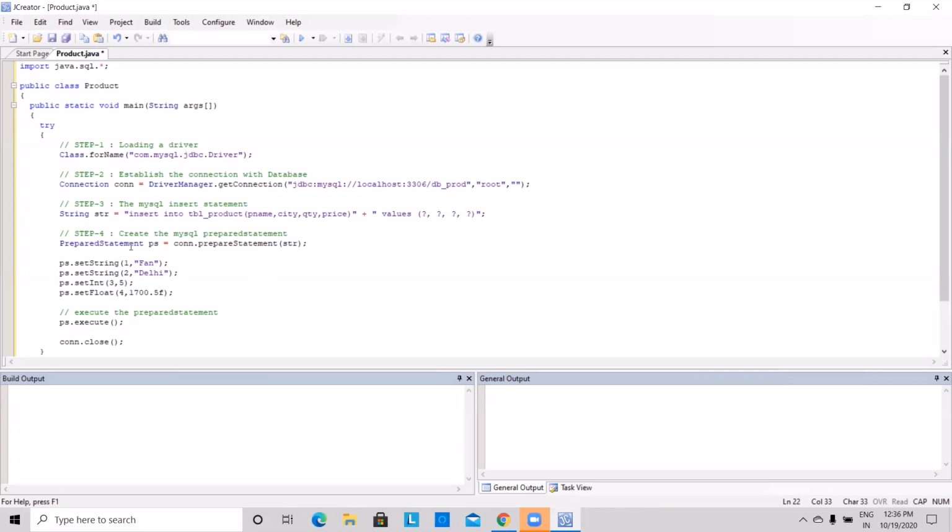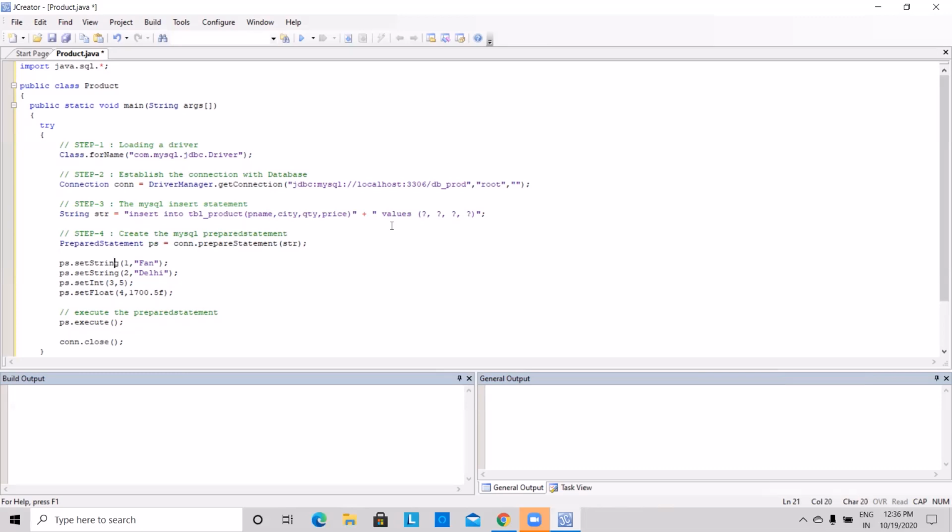Now one point to remember is while writing a name of interface there is a word D, prepared, past tense, but in method there is no D, so you need to take care of this. Now I want to send 4 parameters at runtime. To send this parameter we need to use set method. Now the name of object is PS.